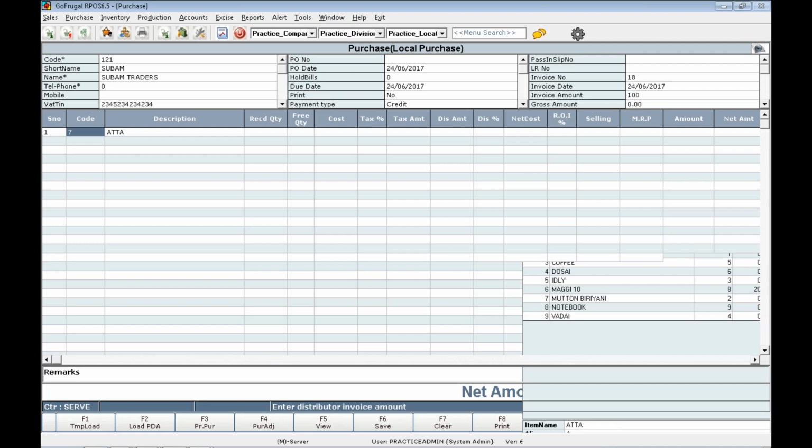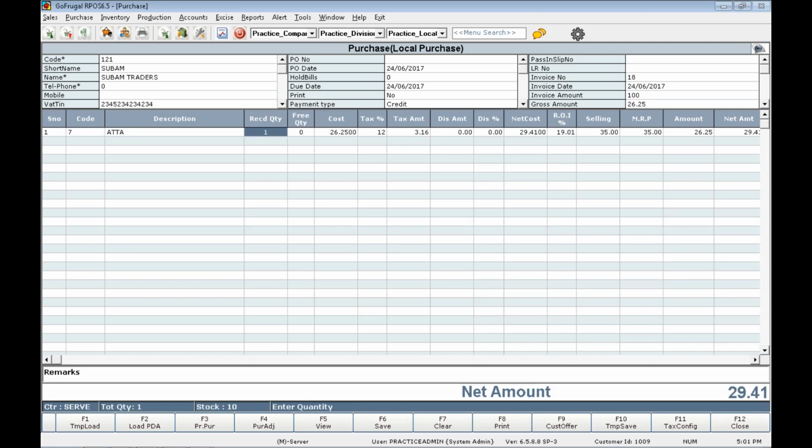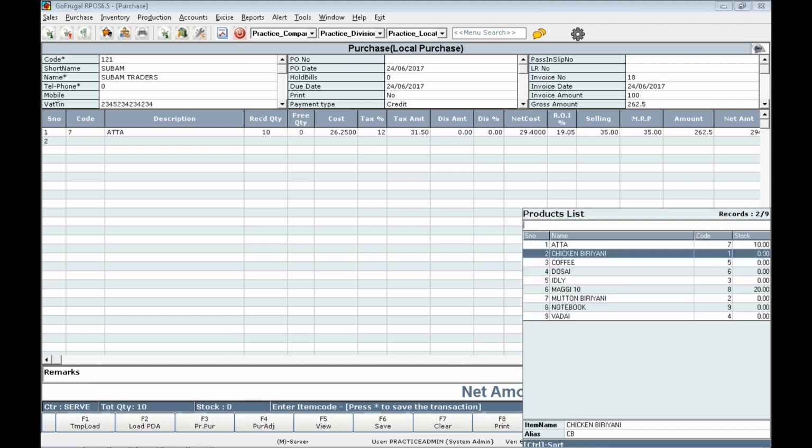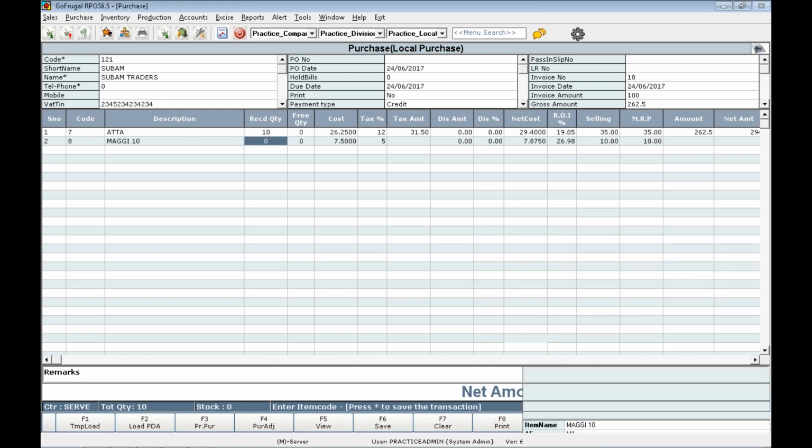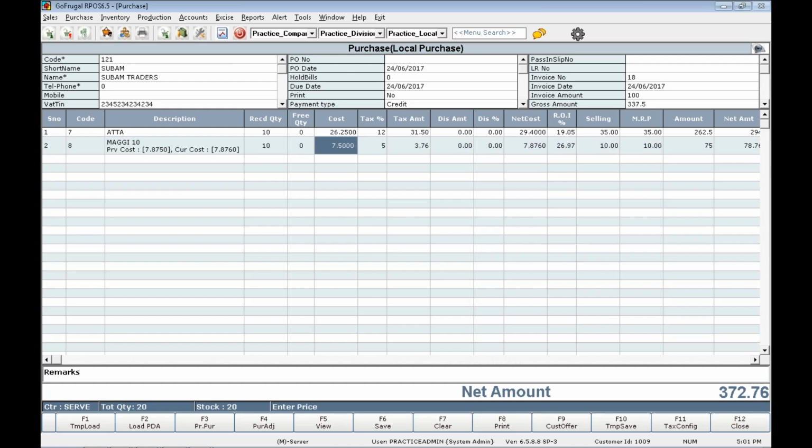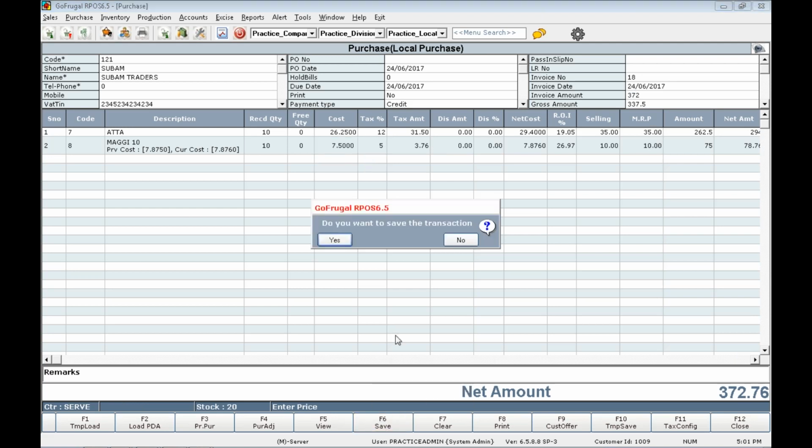I am using the Atta item, and also, for example, Maggi. The invoice amount is 372. I am changing the invoice amount and saving the purchase using the F6 key.